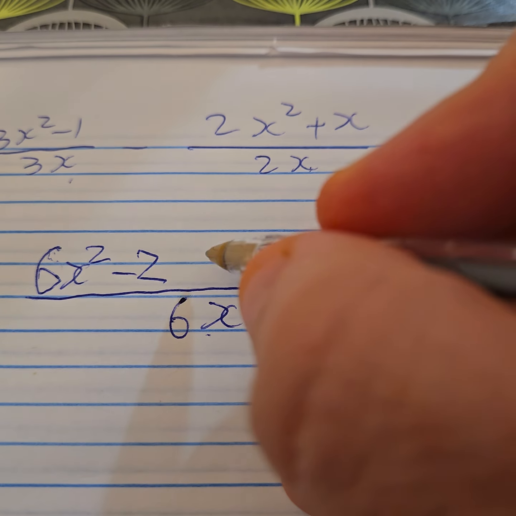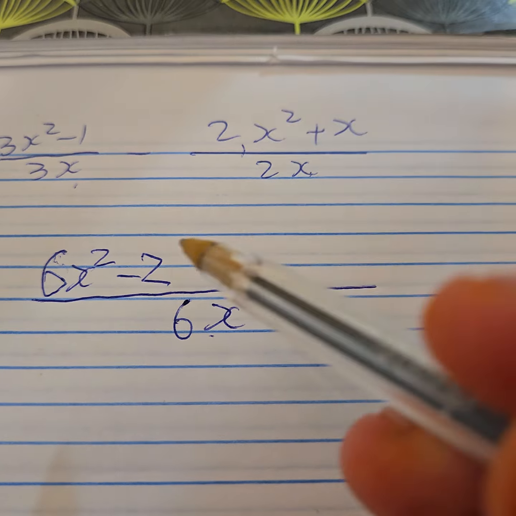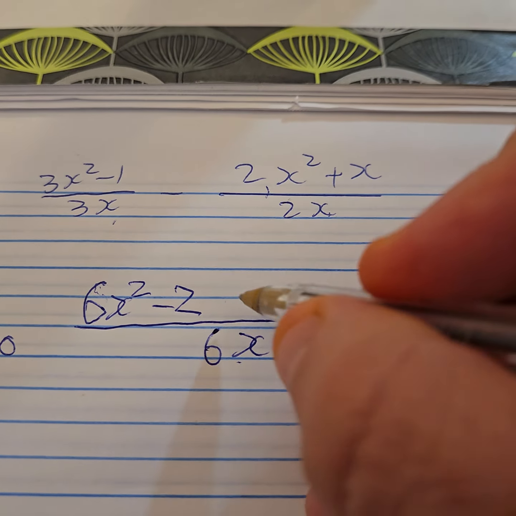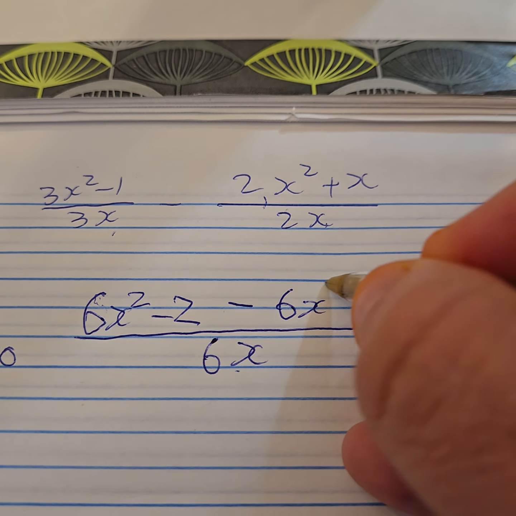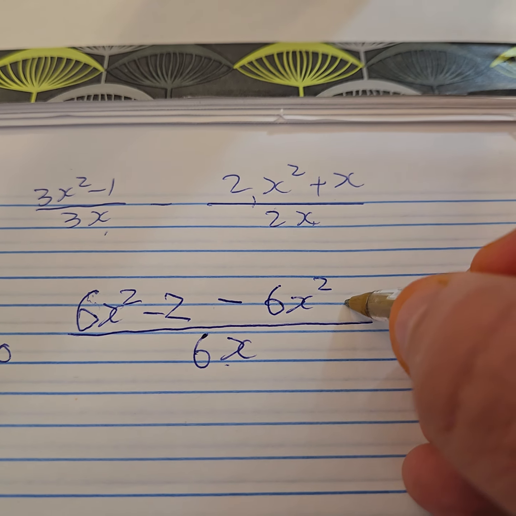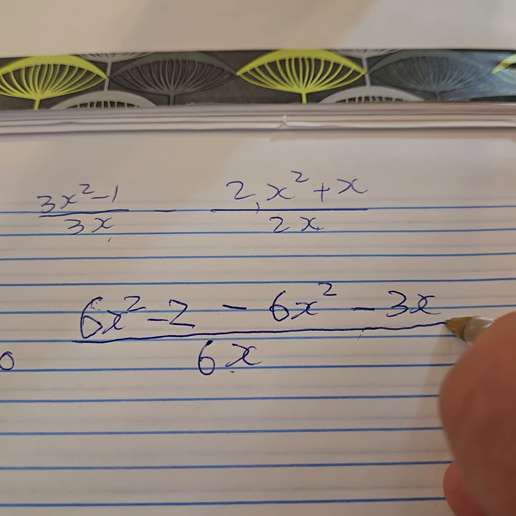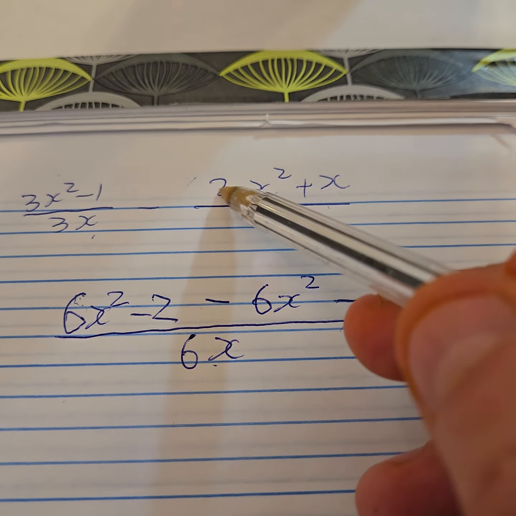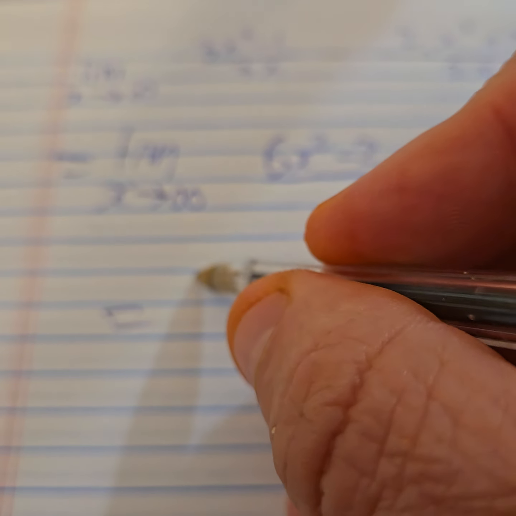Now here, I'm going to do it all in one step. I'm going to multiply it by 3, and because it's a subtraction sign, I have to change the signs. So that's minus 6x squared. That plus becomes a minus 3x. Okay, I actually did it in one step because it's minus this bracket, and if you open up the bracket, they change the signs. Equals.